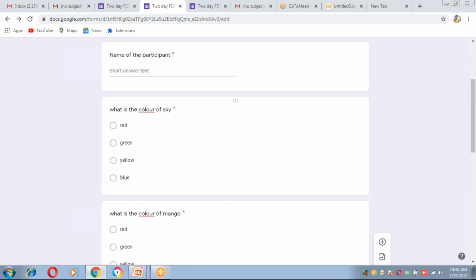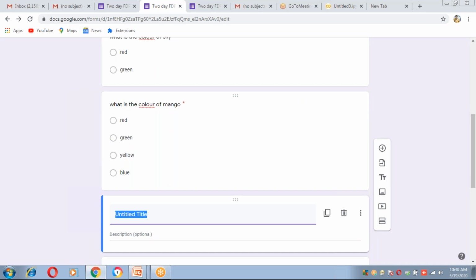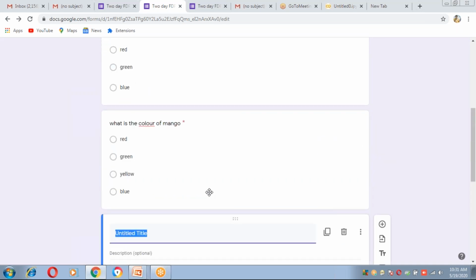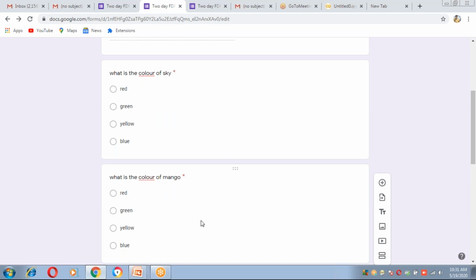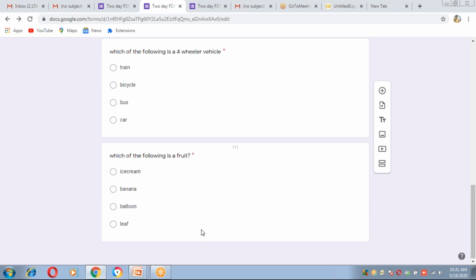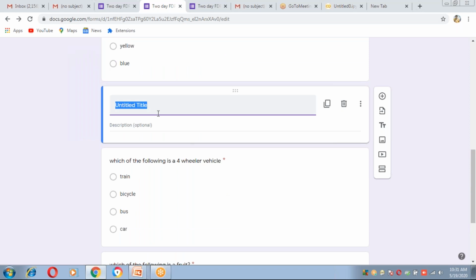For example, here I have given all multiple choice questions. But unlike that, some may be multiple choice questions, some short answer questions, some essay questions. So to give subheadings, like these are the short answer questions, these are the multiple choice questions, we can use this option.